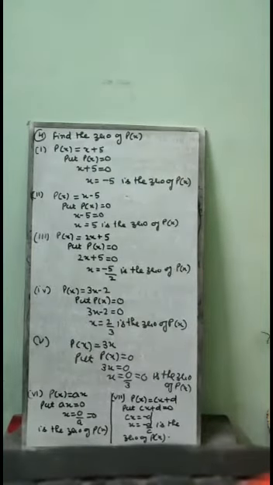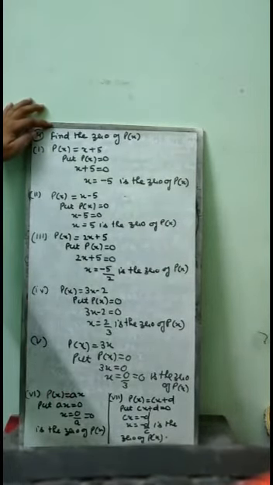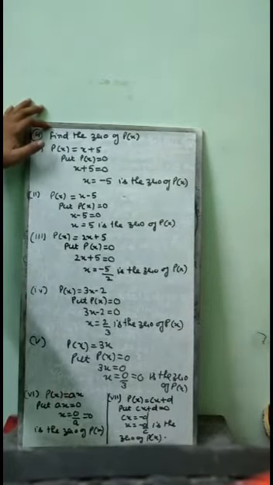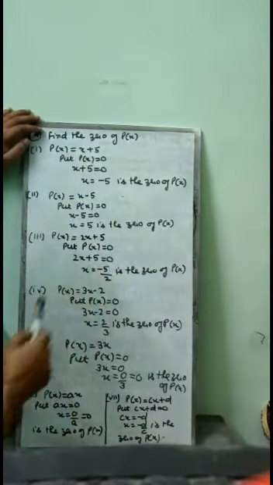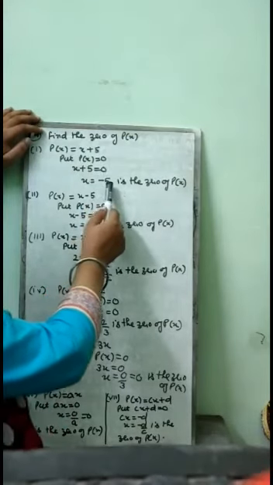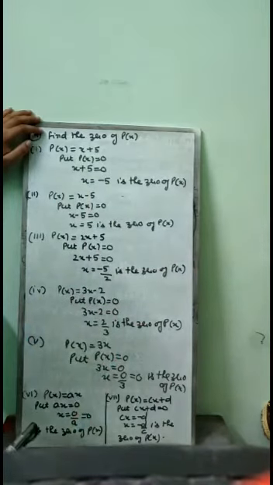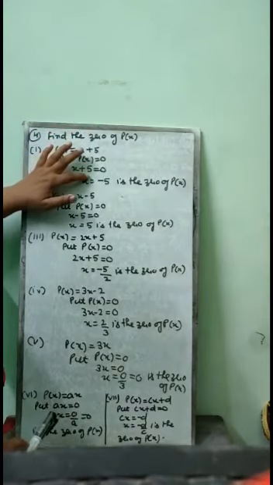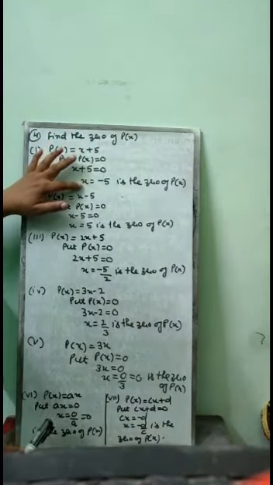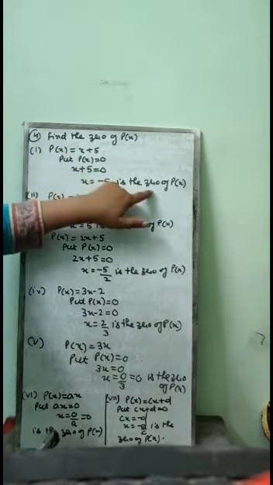Yes, students. Now we are going to discuss sum number 4. Fourth sum. Find the 0 of P(x). P(x) is x plus 5. Put P(x) is equal to 0. x plus 5 is equal to 0. You will get x is equal to minus 5, which will be the 0 of P(x). Means, what is the method to find the 0 of any polynomial? Put polynomial is equal to 0. Find the value of the variable, whether it is x or y or z or anything else. The value which you got will be the 0 of P(x).